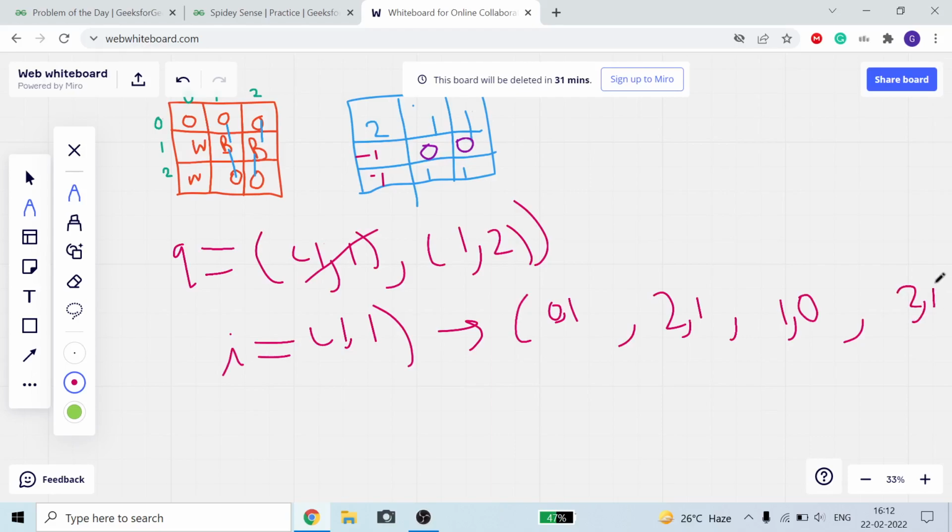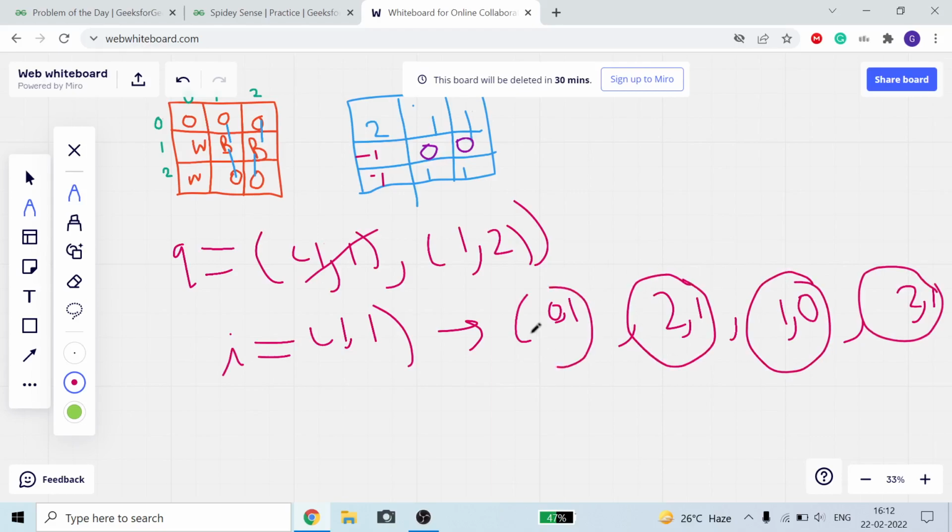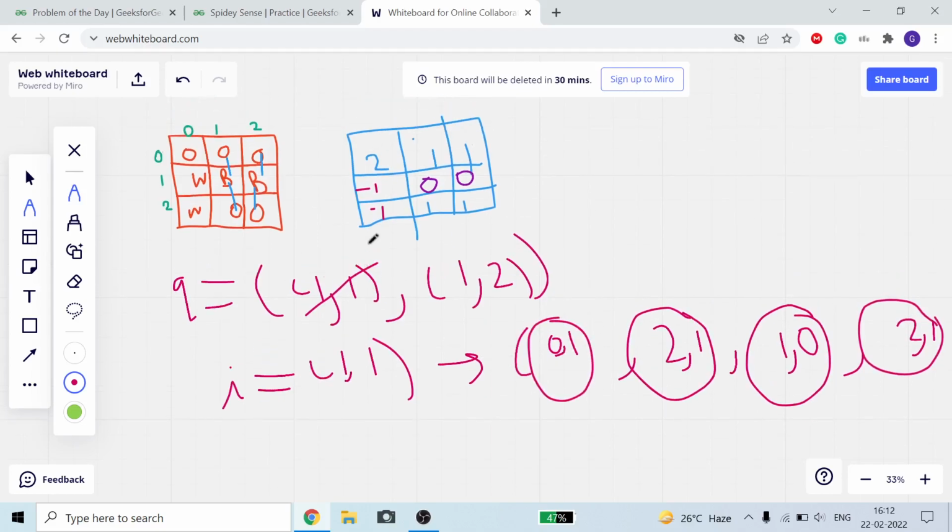These four are my updated x and y indexes, one by one. Then for 0 and 1 I will check: rows 0, 1, 2 and columns 0, 1, 2. Initially these all are minus 1.